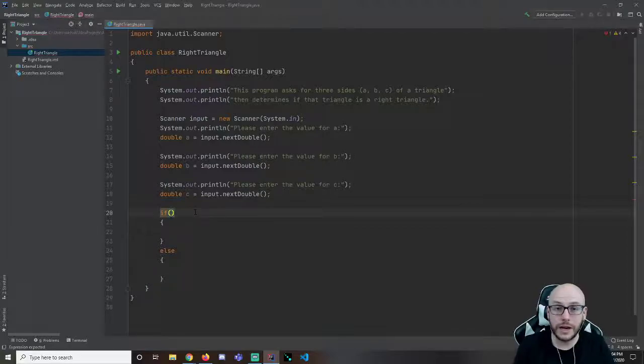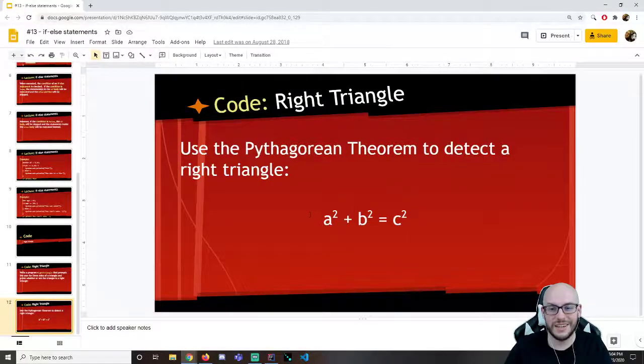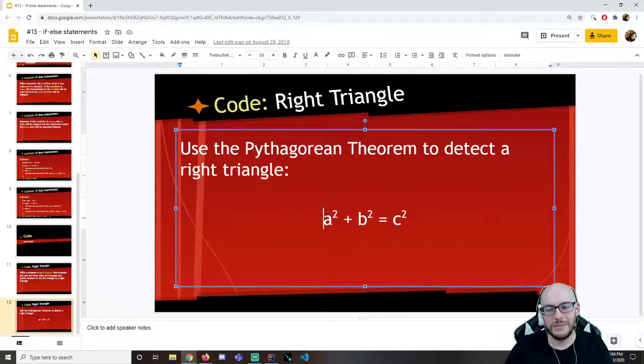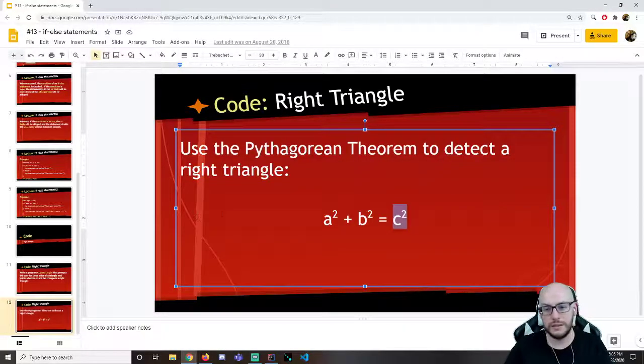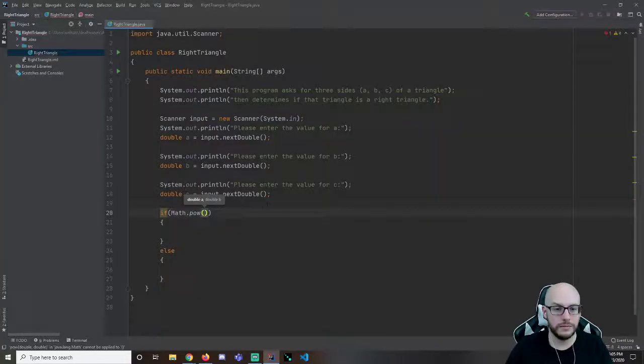Okay. We actually learned math methods to help us perform this. Now the math here, right, it's just A times A and B times B and C times C. So it's not necessarily hard just to go A times A plus B times B, right? We do, however, know some math methods, Math.pow, that will allow us to evaluate exponents. In this case, I'm going to need a base and an exponent. My base is going to be A. My exponent is just simply 2, right? So that'll do A squared plus